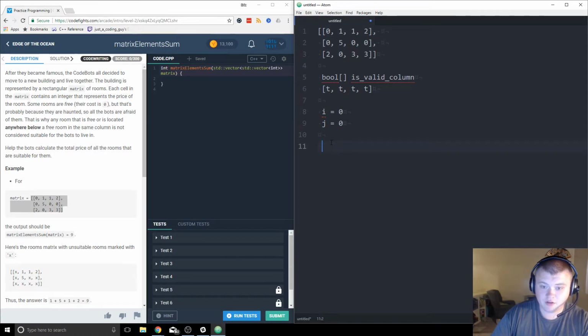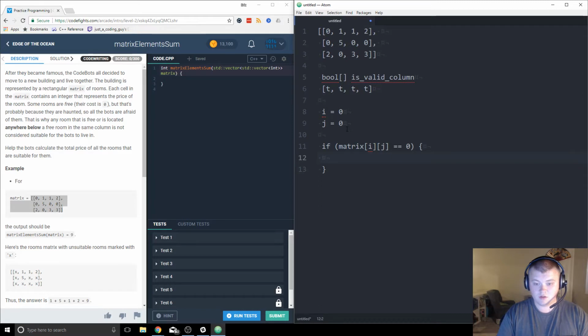This room is haunted. So we're looking at if matrix of i, j is equal to 0, then